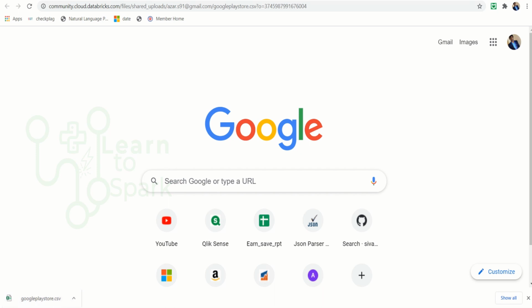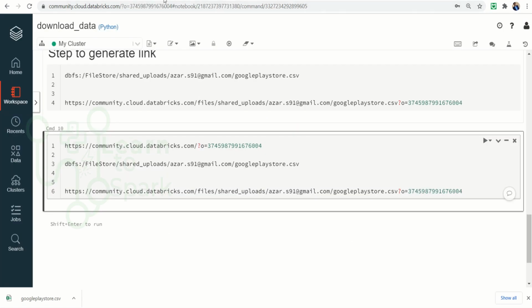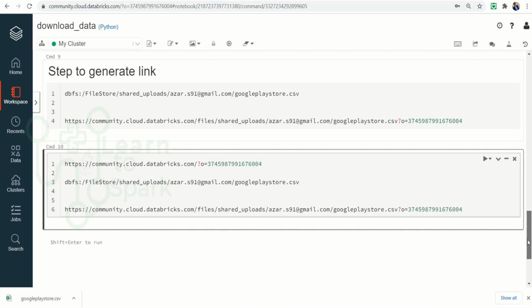In this method, there is no limitation with the file size. We can have any file size. Also, we can have any data format. It can be a CSV or also a Parquet. That is not a problem. So by this method, we will be able to download it. The only limitation that we have is the data should be inside the file store of DBFS. Otherwise, we will not be able to use this method, or else the path has to be mounted. Only this is the limitation in this method.